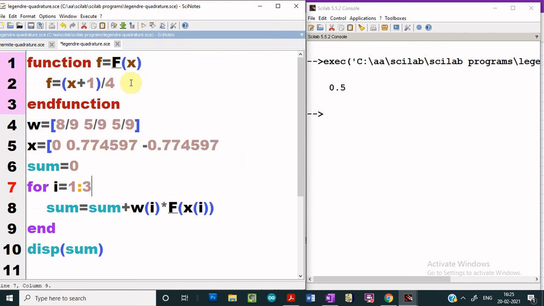Now, if we have to solve the same problem using the 3-point quadrature formula, the only things we have to change are the weights and the respective abscissa. These are the weights and the abscissa for the 3-point quadrature formula. Then we have to use the for loop from 1 up to 3, because there are 3 terms here which we have to compute. With this minor change, this becomes our 3-point quadrature method. Let us execute it. On execution, we see that we are getting exactly the same answer as we got when we used the 2-point quadrature formula. So this is how we can use the Gauss-Legendre quadrature method to solve definite integrals for any limits of integration.